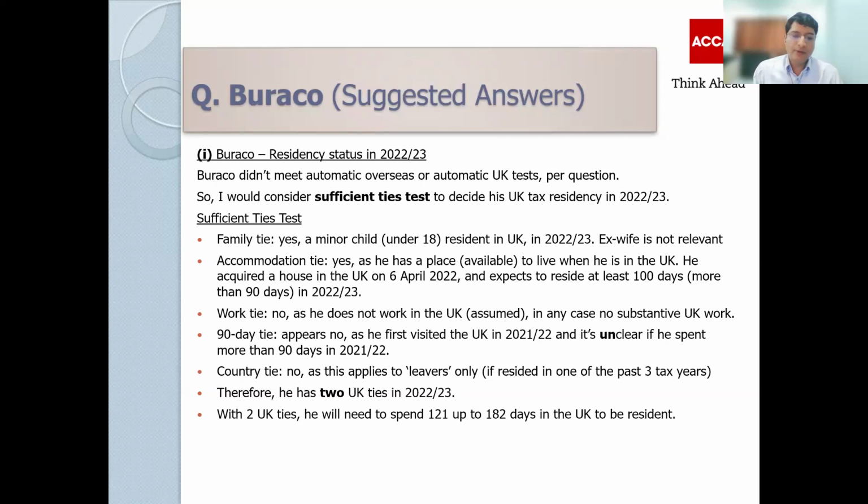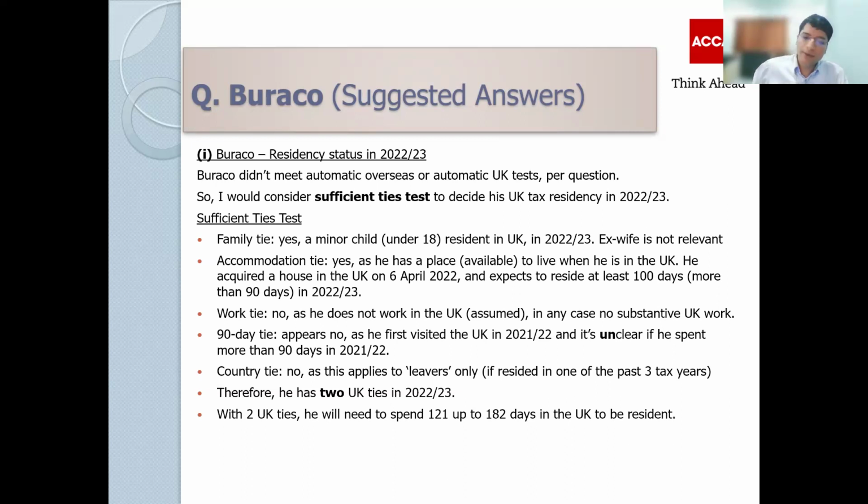If you look at that table, the second last point within the table under the residency status, it says 121 up to 182 days, resident if 1 UK tie or more. What that means is, if someone is previously resident, in his case, is not,